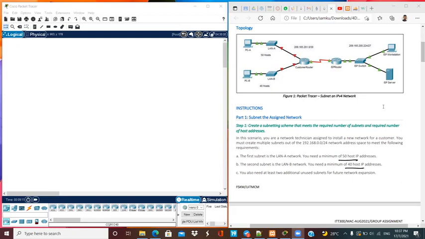We were given the subnet 192.168.0.0/24 network. The subnet mask is /24, which equals 255.255.255.0. Therefore, in binary, the subnet mask is